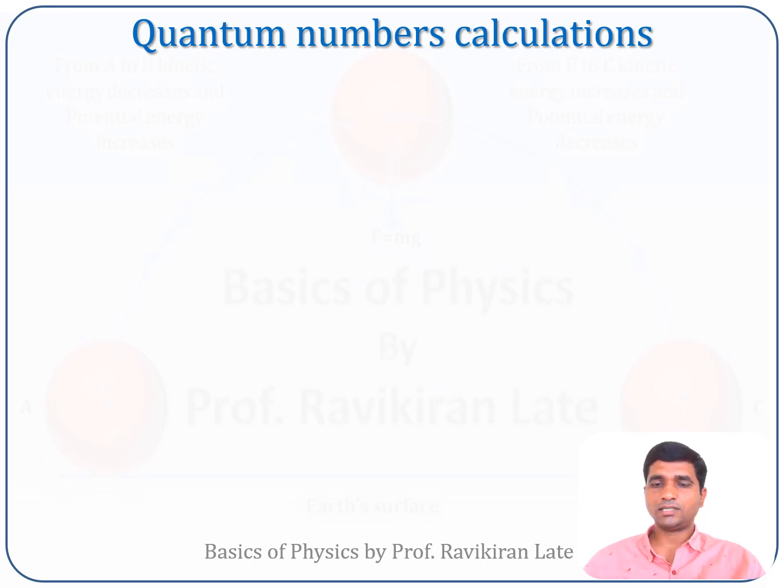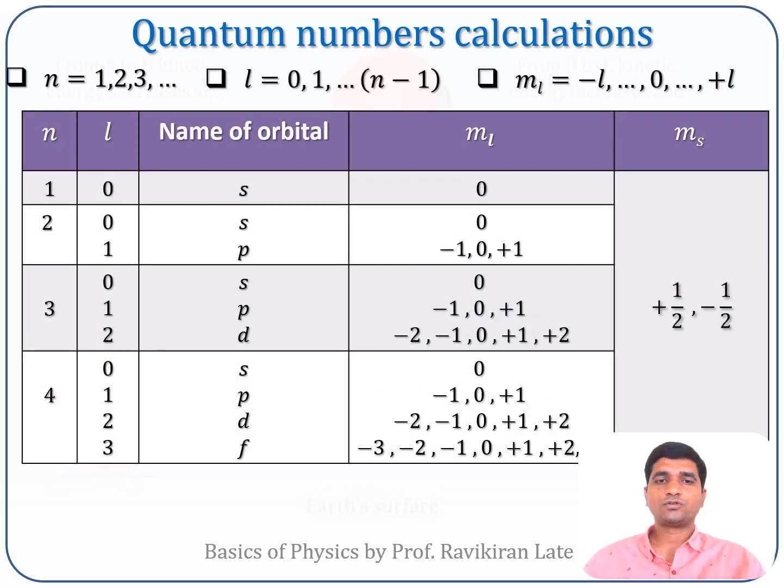So these are nothing but the 4 quantum numbers. Now we will try to calculate these 4 quantum numbers based on the conditions which we are having over here. For n equal to 1, we have calculated that L is equal to 0, that is an s orbital, and s orbital corresponds to ml equal to 0, and the corresponding values of ms can be plus half or minus half. Means for a given state of n equal to 1, there will be one suborbital, that is the s orbital. It can have two spin orientations, means the s orbital can occupy 2 electrons.